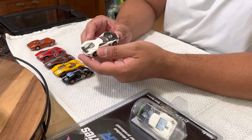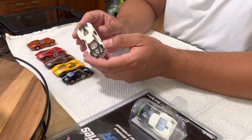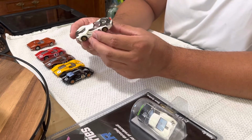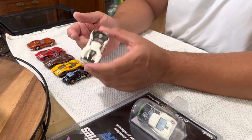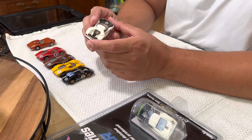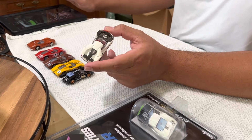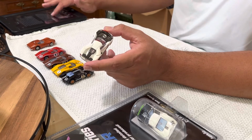They're the same body style, just different paint schemes: red, yellow, silver, blue. I got this one because the paint scheme was unique from the other ones out there, and I was really glad I got this. And the reason why is